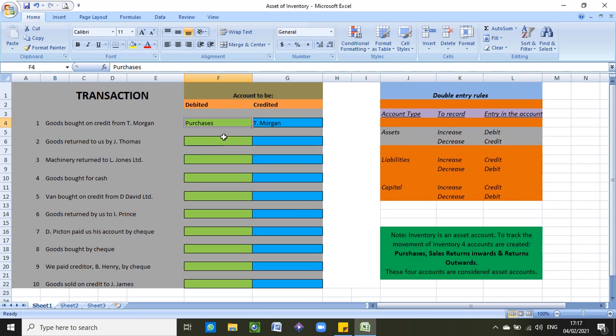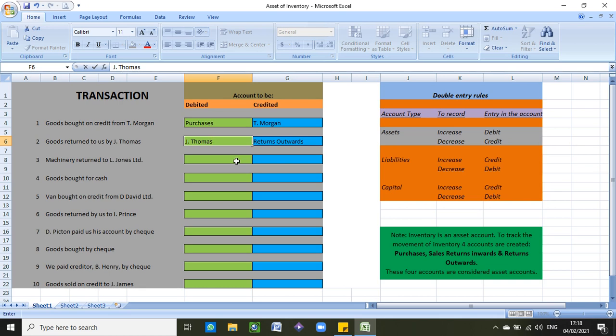But will we debit or will we credit? Well, when we return goods to our supplier, that means that we have less inventory. And to show a decrease in inventory, in this case would be return outwards. So to show a decrease, I need to do that on the credit side. So I will credit returns outwards. What will I debit? Well, it's being returned to J. Thomas. So I'm going to